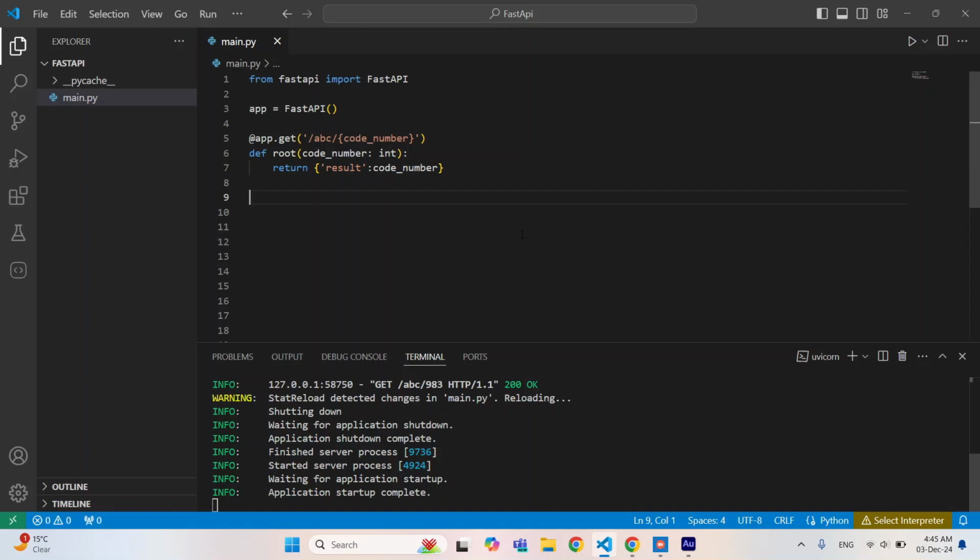Today in this video we will learn about the correct order of path parameters, and I will show you what the issue will be if you do not follow the correct order. So first let me create another route, and for that